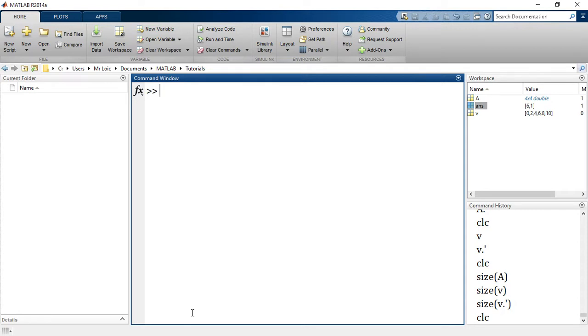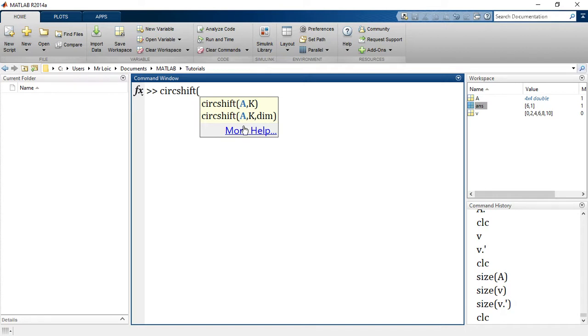So now let's play a little bit. I would like us to look next at the circshift command. So what does circshift do? It's better explained by example.